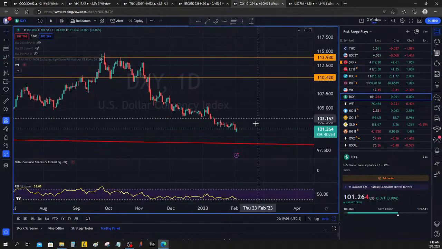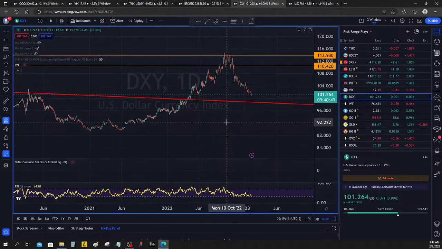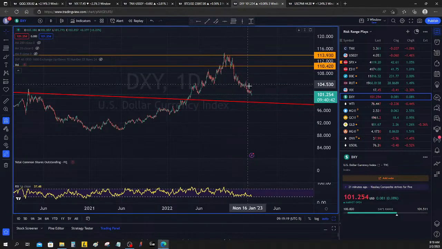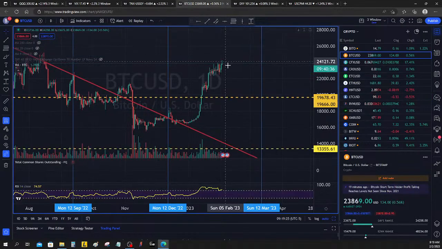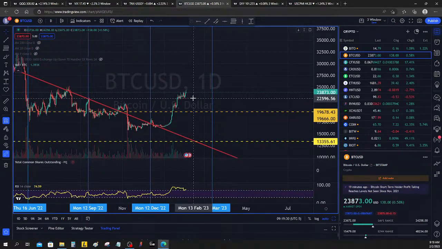The 10-year, 2-year, the dollar's breaking down nicely here. This is definitely something that you want to see. Dollar strength is a drag on the market. Dollar weakness is a bit of propulsion for the equity markets. And then Bitcoin. Yeah, Bitcoin is doing a heck of a good job of making this upward drift here.